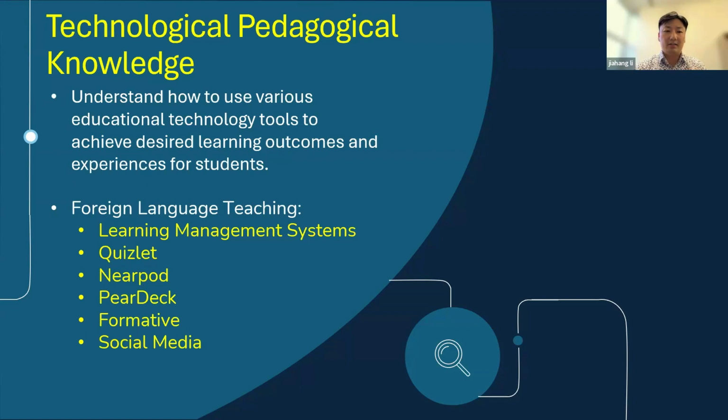So think about that in terms of a lot of different tools that you're probably very familiar with by now. For example, a large platform like a learning management system. Many of you probably teach online courses, and you need to provide a lot of content in a learning management system. In terms of the technological pedagogical knowledge, you have to think about how your instructional methods are interacting with the technology tools that you are deciding on as well.